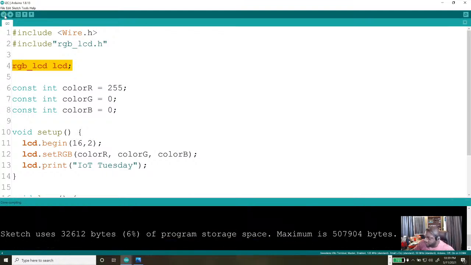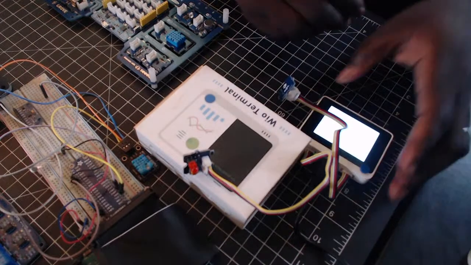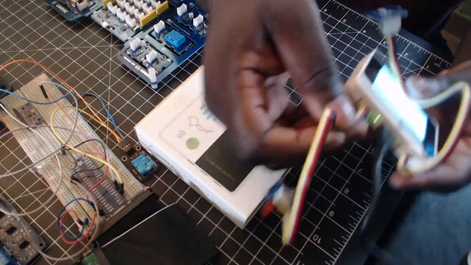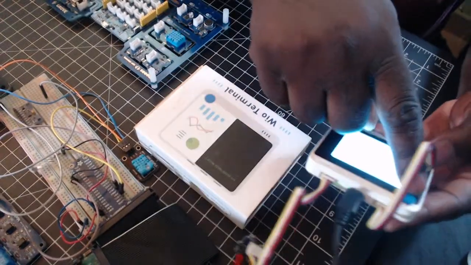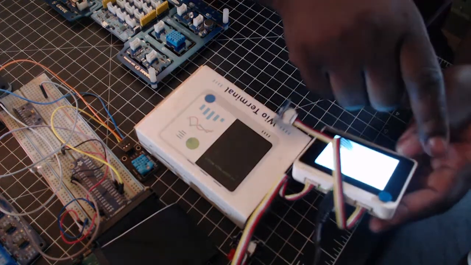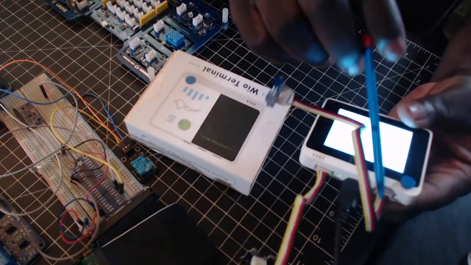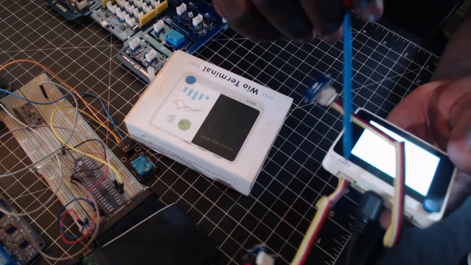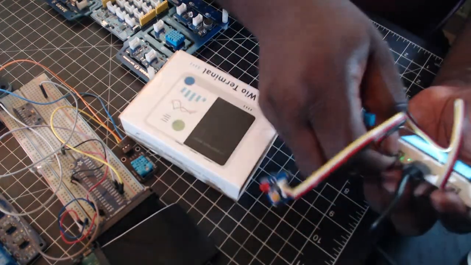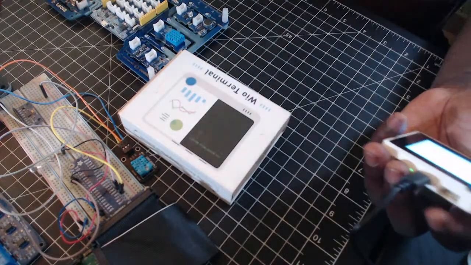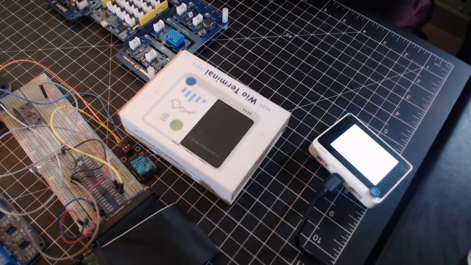So let's go to our bench. All we're going to do is this second part, the one away from. Someone will ask, how do I know which one is the I2C by default? So here, the one with the round thing is the first one, which is the digital one. The second one is the I2C one. So just take the whole of this out. And then